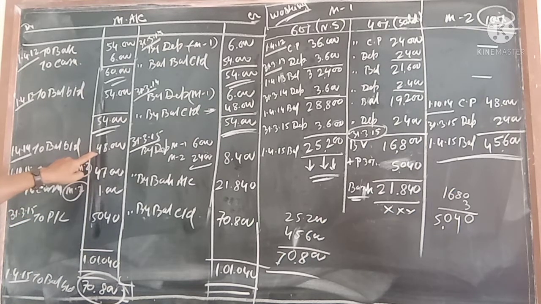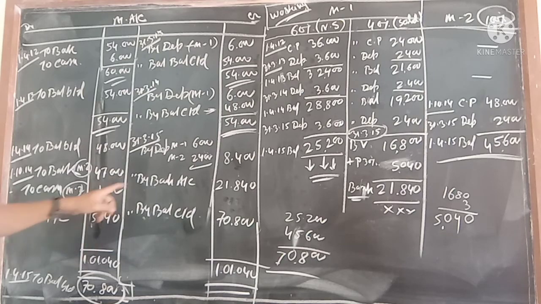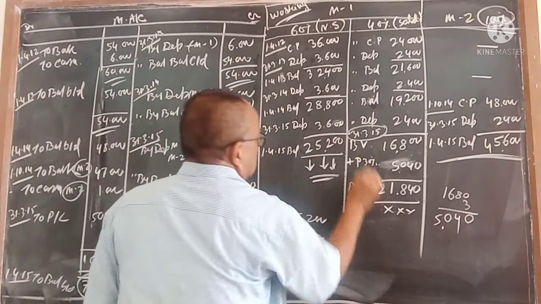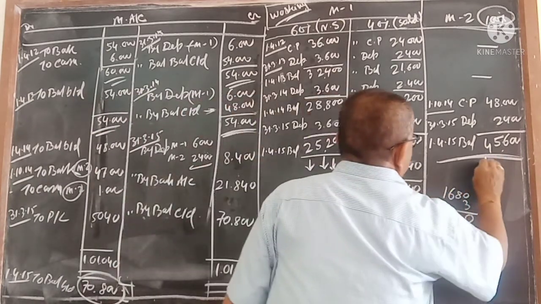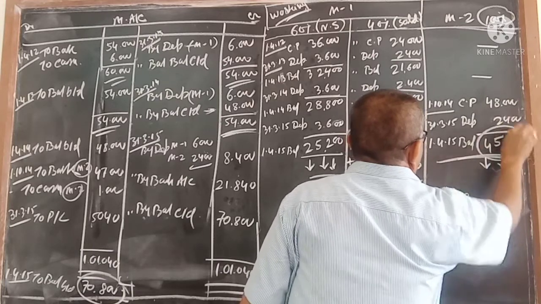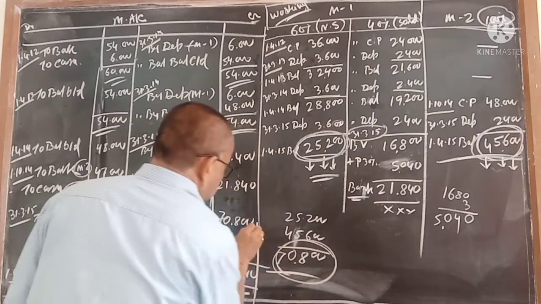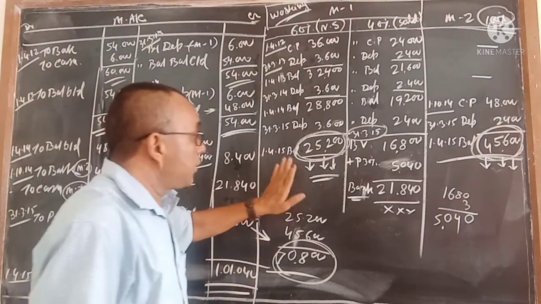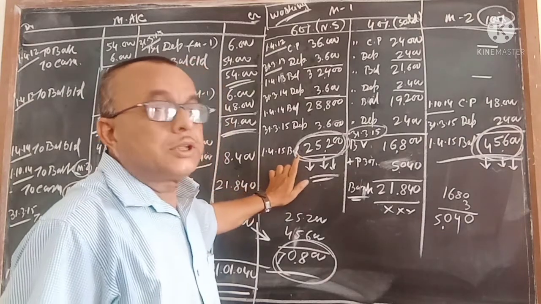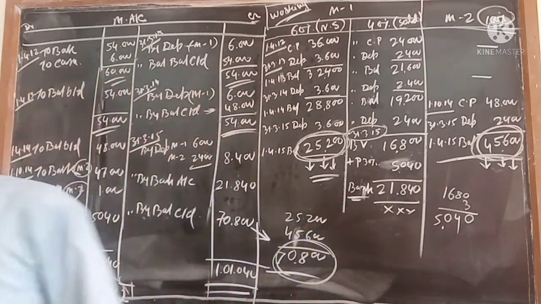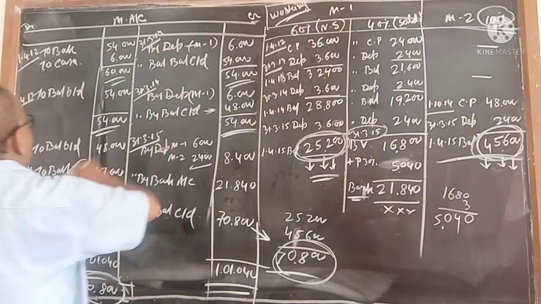48 is the opening balance of the first machine. 47 plus 1, 48 is the purchase price of that second machine. This is profit. This is depreciation. This is sold and this is the balance. Balance you will get. This is closed. And this machine's balance and this machine's balance, this 45,600 and 25,200, which is coming 70,800. That is your answer. That means 60% of the first machine's balance will be as it is, that machine you have not sold, and 100% of the second machine, that also you have not sold, will be as it is. Now we will do the